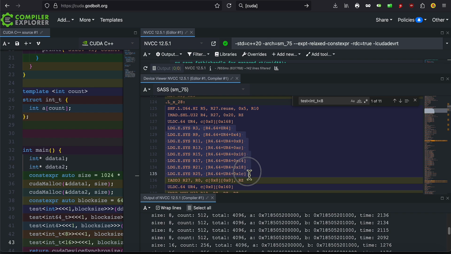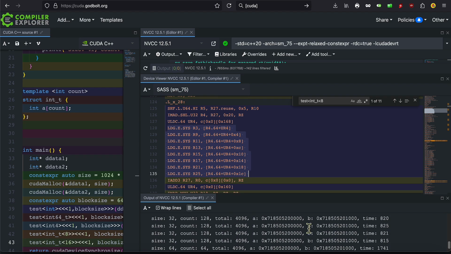Here, the assembler sees this array as a range of integers. So it does a whole bunch of integer sized stores. It takes up more instructions, which doesn't sound like the most optimal solution. So perhaps we can tweak this a little bit so that it will take bigger ints. So let's make this an int4, and let's divide this count by 4 and see if that improves the times.